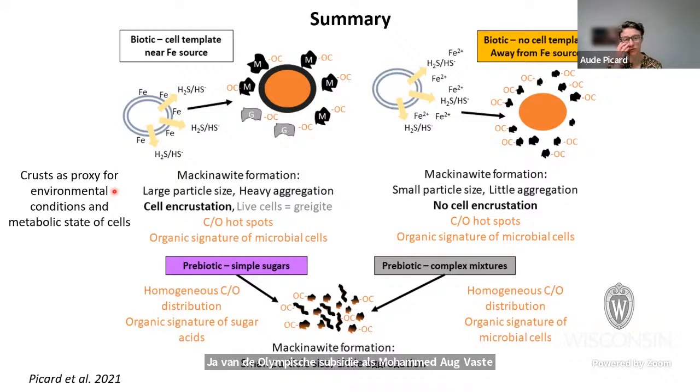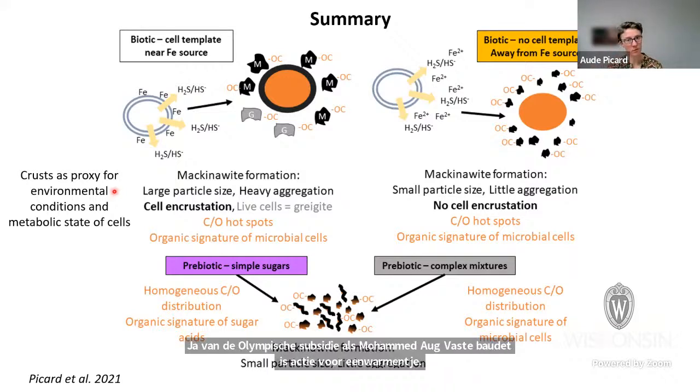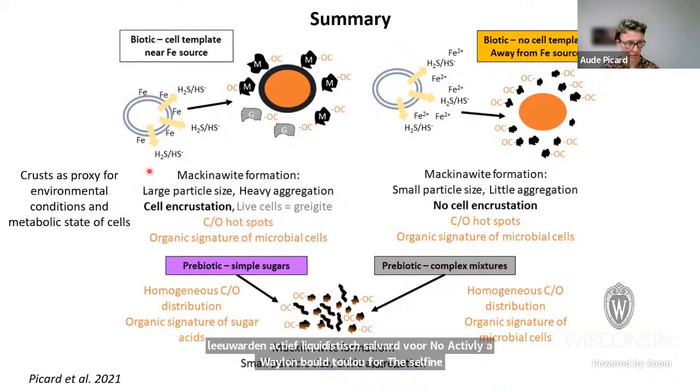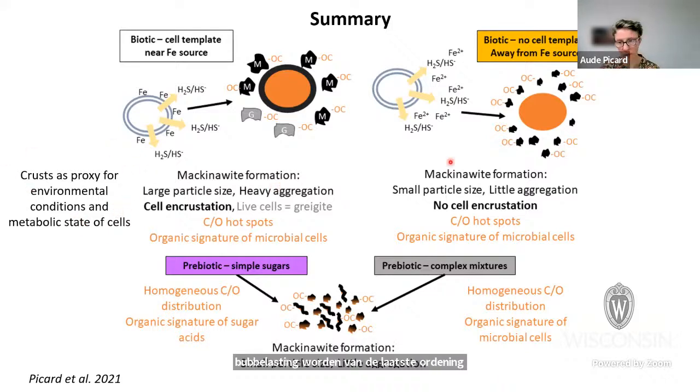So if you find cells encrusted in an environment, it means that they were in an active time, maybe. And then we have this metabolic state where they were actively producing sulfide, or not actively available to produce sulfide, but releasing whatever they have stored, which I'm still wondering why they would do that. But anyway, when we have conditions where there's no templating effect, all of this does not happen. So we have smaller size, no incrustation.